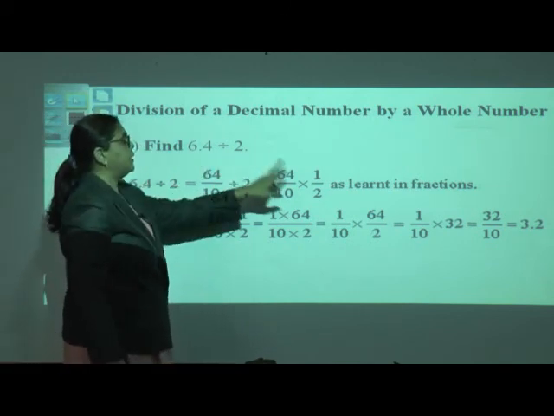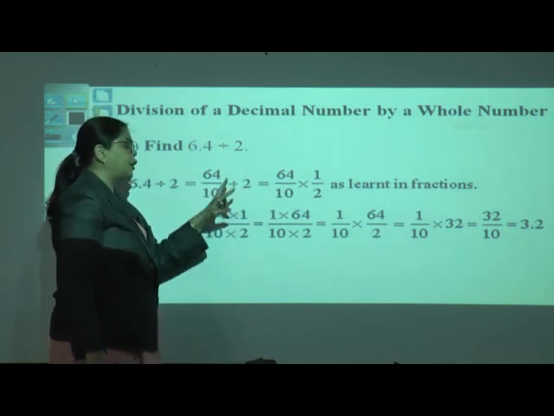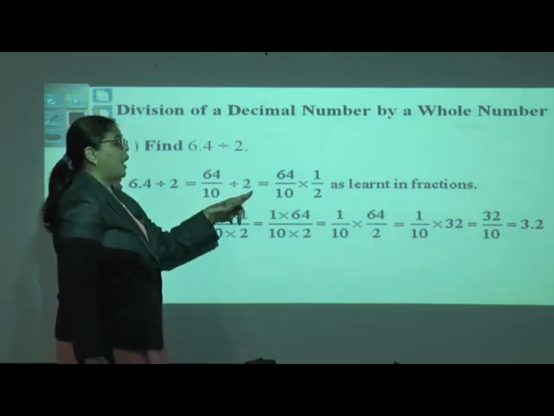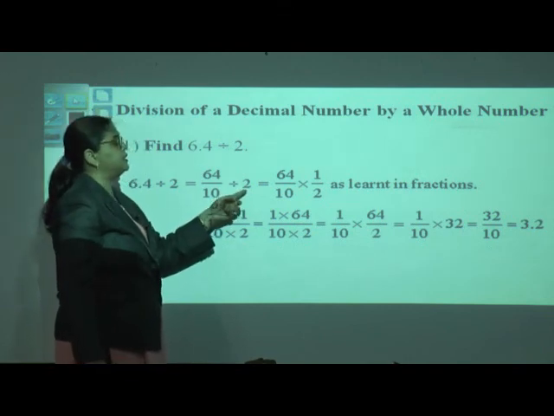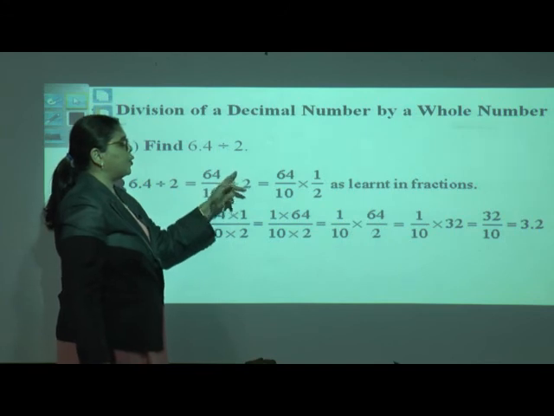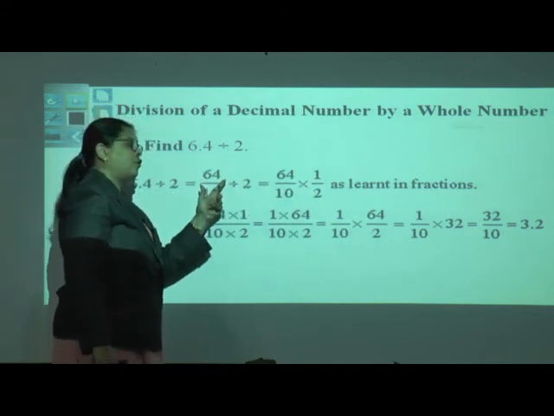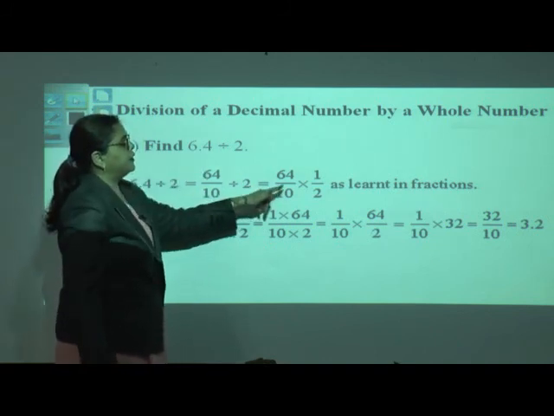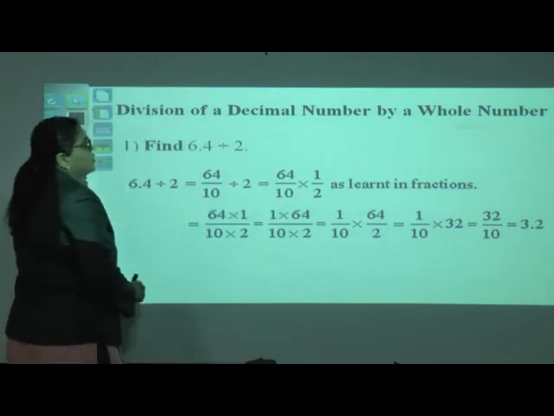Then what will be the next step? When it is a division, we have to go for multiplication and take the reciprocal. If you have a single whole number, imagine it is 2 upon 1. So what will be the reciprocal? It will be 1 upon 2. Reciprocal means we write it up and down, we can say reverse. That is a term used in mathematics.